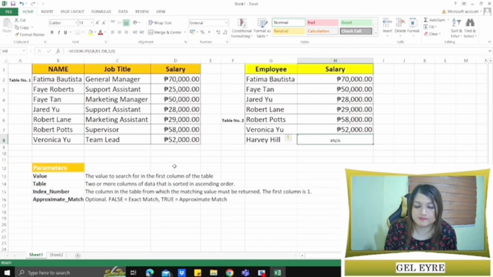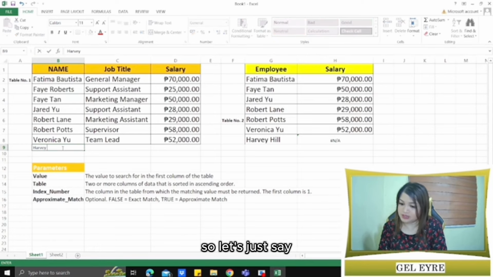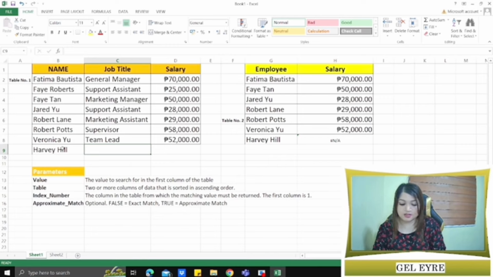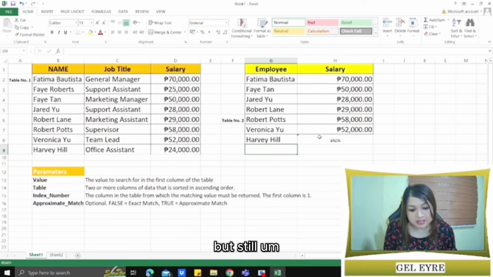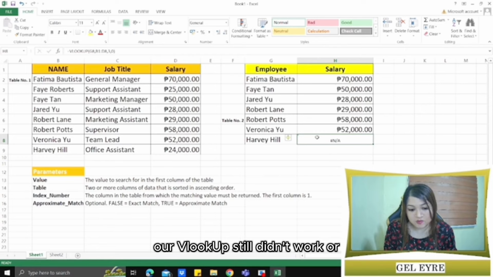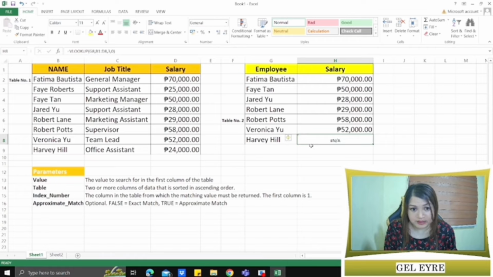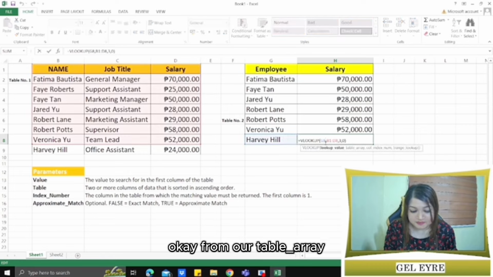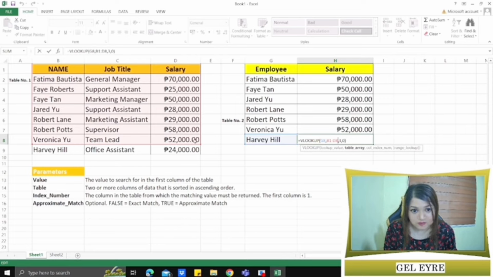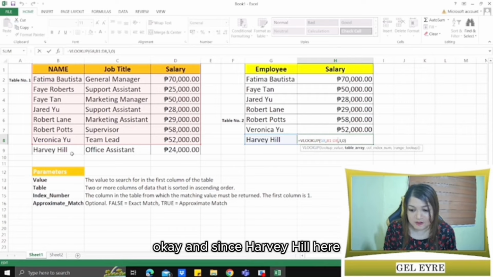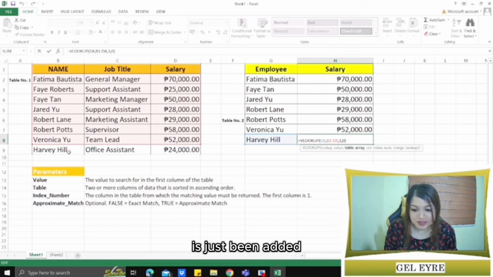Okay, so how to fix that? For example, someone just forgot to include Harvey Hill in our reference table. So let's just say he is an office assistant, with a salary of, let's say, 24K. But still, our VLOOKUP didn't work, or the result of the VLOOKUP we made for Harvey Hill still hasn't changed. So why? Because remember, from our table array, what we selected earlier was only up to Veronica Yu. And since Harvey Hill has just been added,